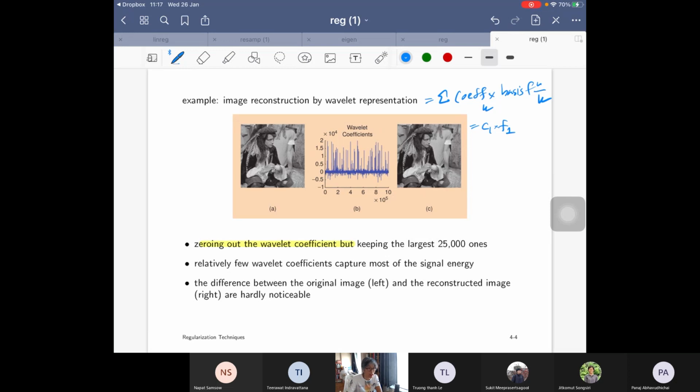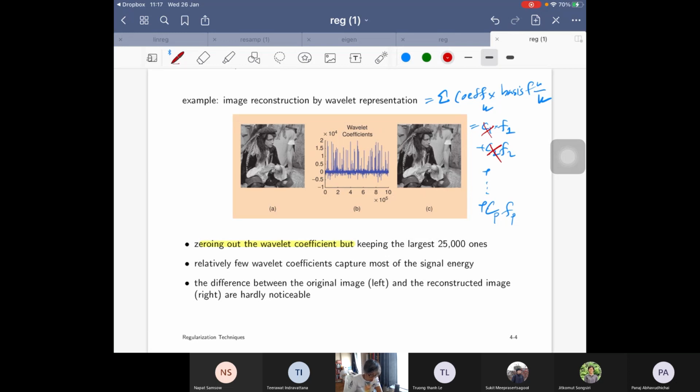So suppose f_k is one of them, and there are a lot of them, c_n, the coefficients, let's say c_p, f_p. If you just zero out some of them and keep the significant ones,